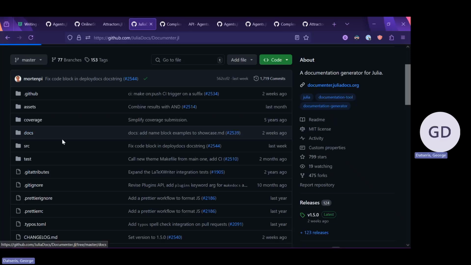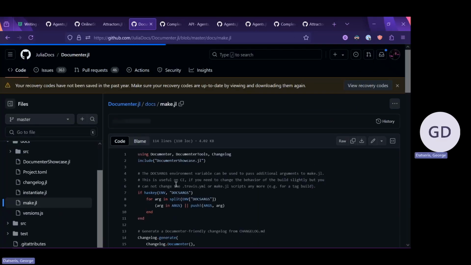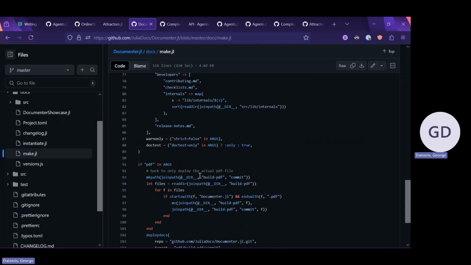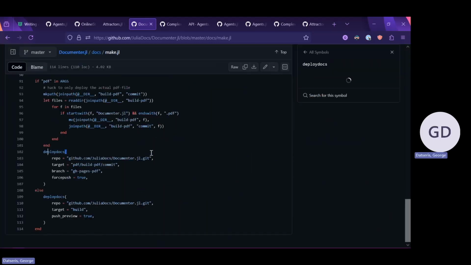So we go to docs and we go to make. And you see here at the end, there will be a call to this deploy docs function over here. Forget the extra keyword arguments. We don't care about them. There's just the repo. The repo is just the Documenter docs. Now, when you